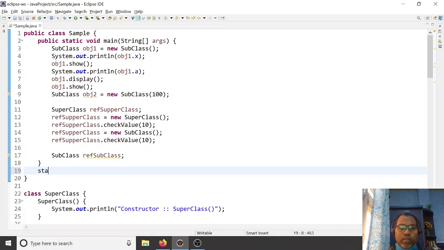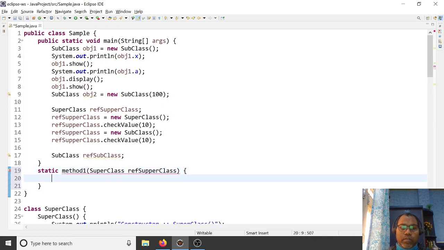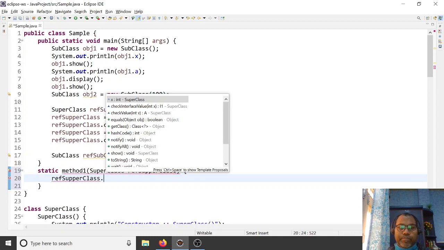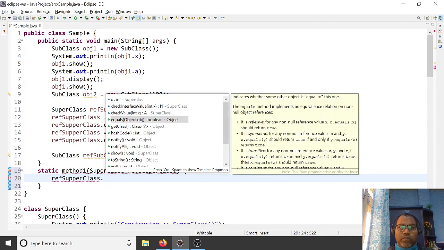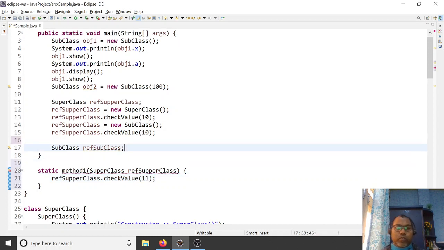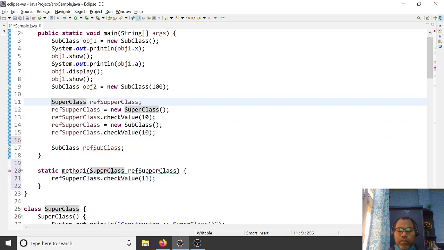Let's say static method one, and here you check references of the static, and here you usually say this dot check value. So here you just comment it.